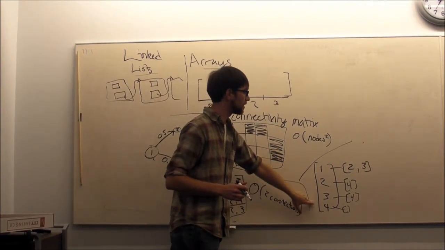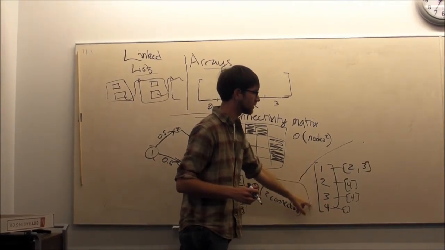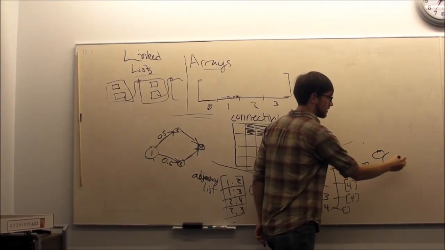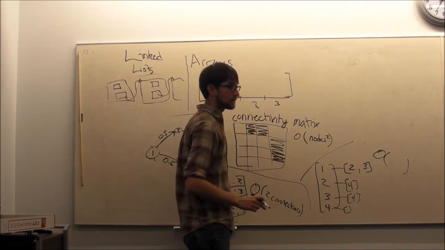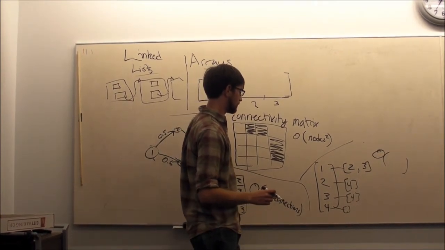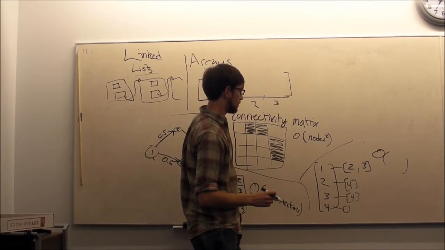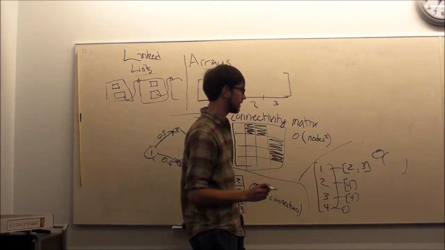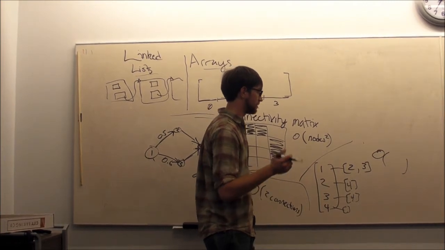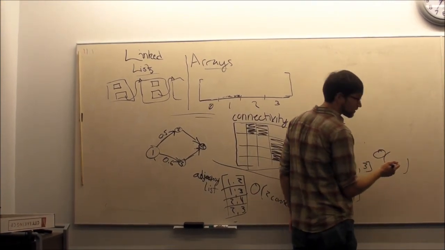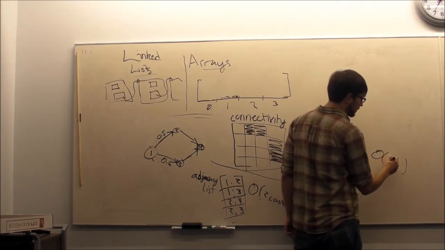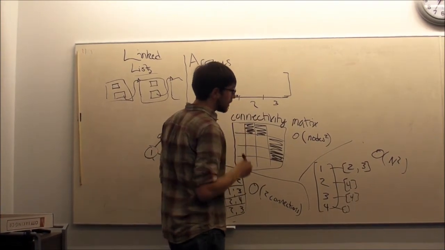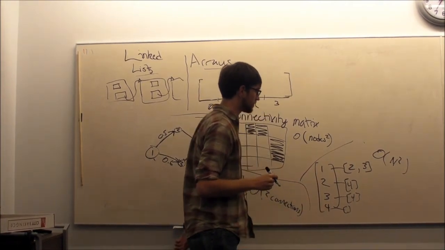Does somebody want to say what the size of this is? Also two. What's the worst case? That's n times the edge probability. Yes, which if the edge probability is 1, so it's n. Yeah, so it'd be n squared. Can you explain that? Sorry, it's n for the number of,